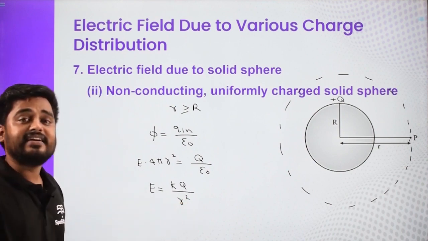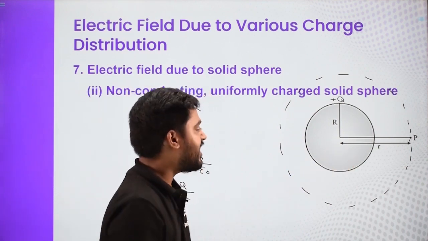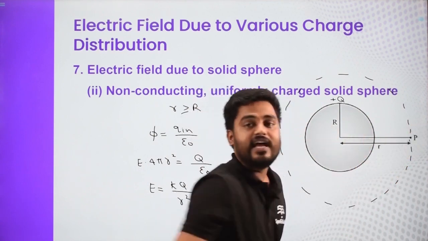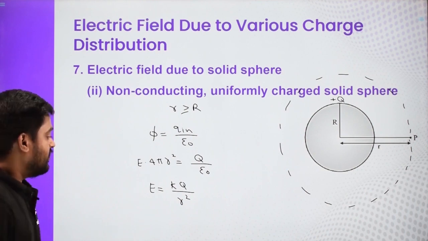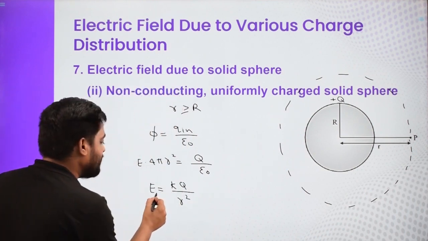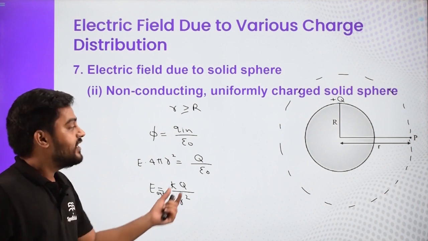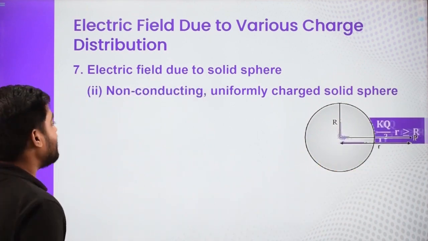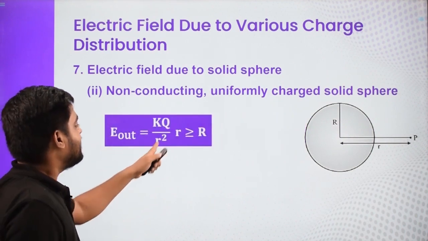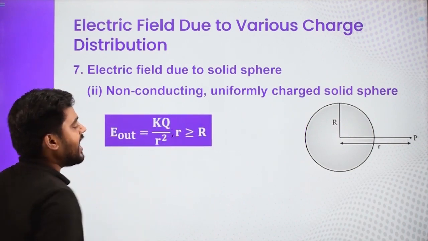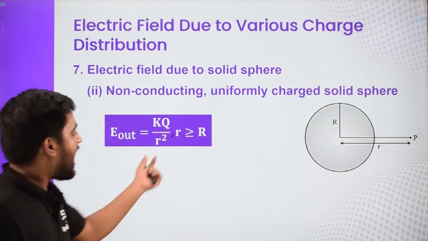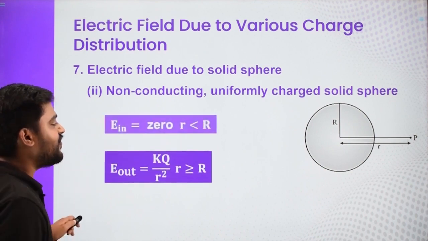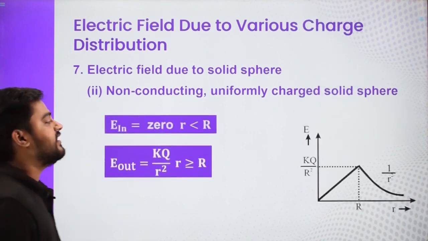So again that is the same as a point charge. If you make the entire sphere a point charge and put this charge over here, then you get the formula for electric field for a point which is lying outside our spherical charged non-conducting solid sphere. So let us have a look at the formula. This is the same as kq by r square for r greater than capital R, or for a point which is lying outside. So these are our two formulas, and let us have a look at the graph.